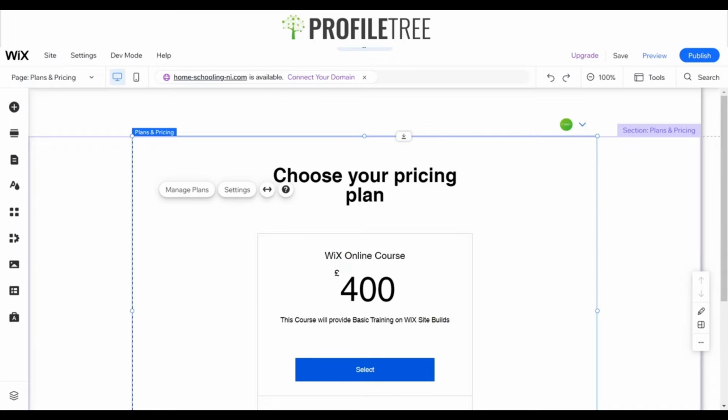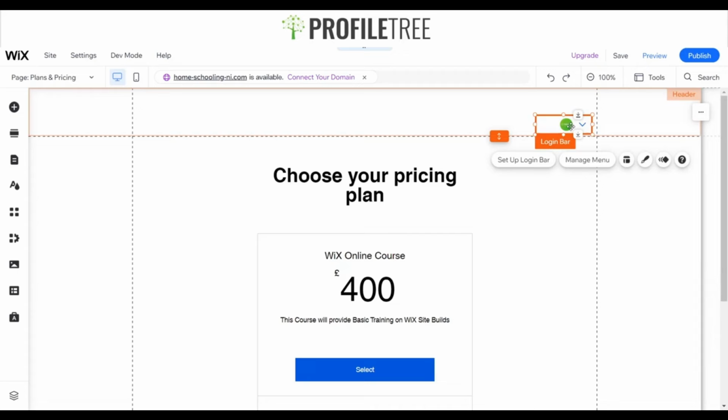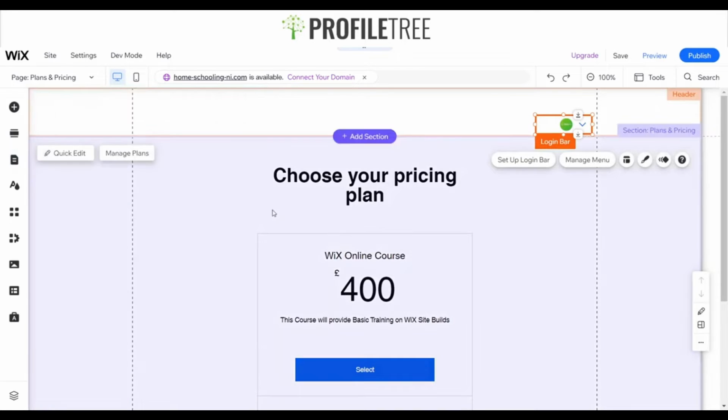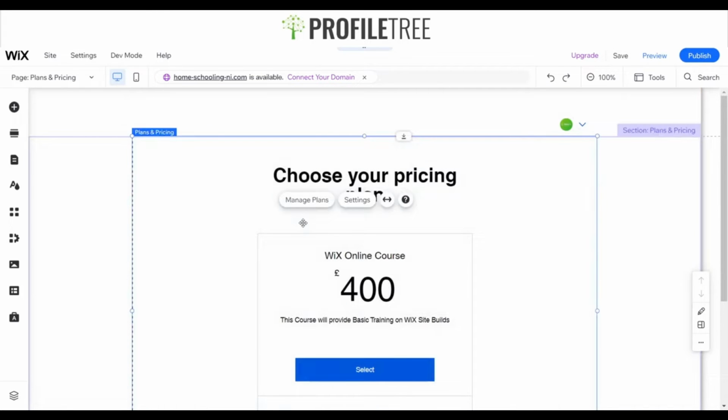I'm going to show you guys how to do this. So how this works as well is once you add the plans and pricing, you'll also get your login bar, which is the members. As you can see, that's your members pages, and you've also got a sign up and login. But primarily we're going to be focusing on how to create an actual plan